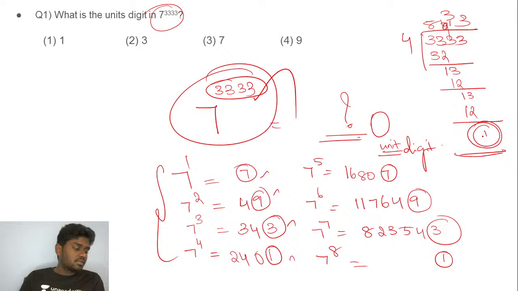So make sure if you get the remainder 1, the format of the number here is 7 power 4k plus 1. So you are getting 4k plus 1. So if it is 4k plus 1, undoubtedly, then I can say that if I get 4k, then it is undoubtedly what's going to be my unit digit.